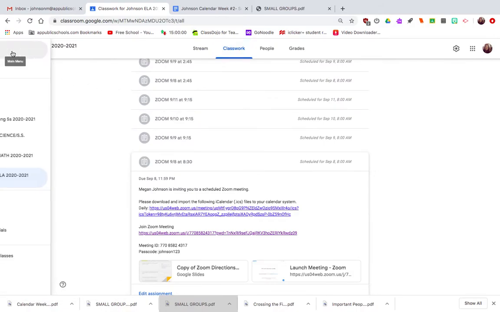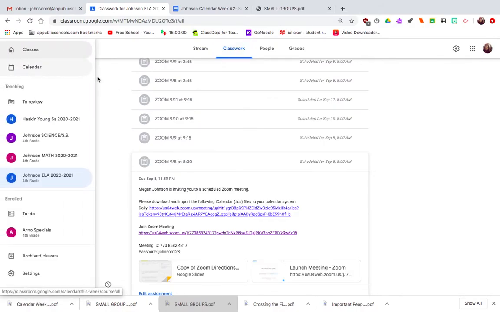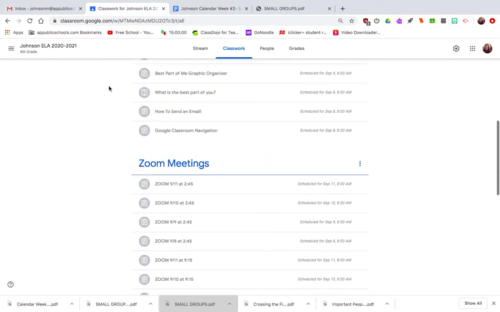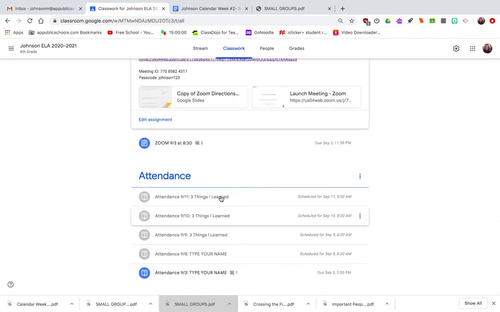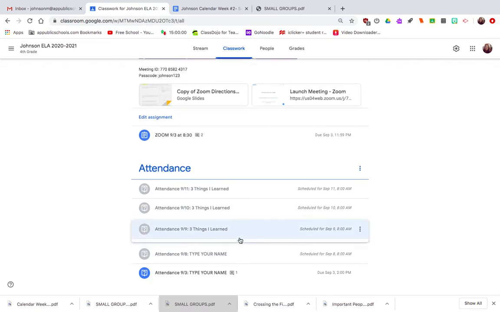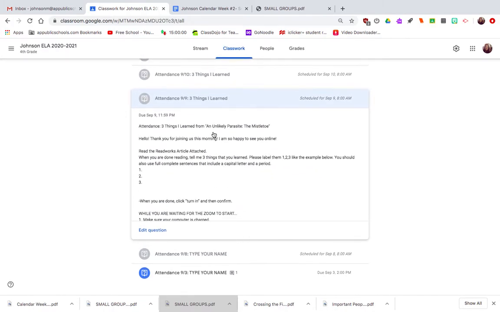On your child's calendar, so this hamburger tab, we call it the hamburger tab because it kind of looks like a hamburger. And then the calendar, it will say attendance for that day, and then they click on it. So you'll notice here I have attendance for the whole week already scheduled. So on Tuesday, all they'll have to do is type their name again. But for the rest of the week, what I did was